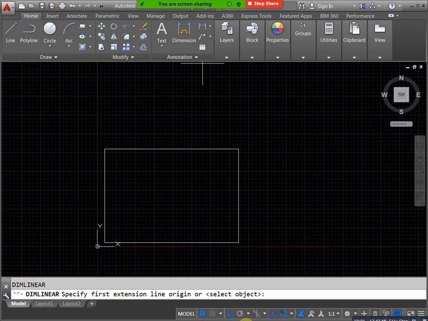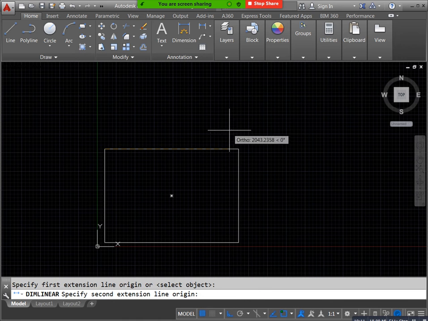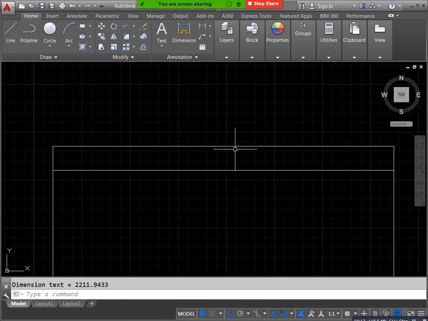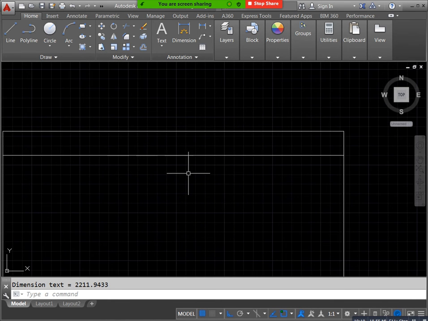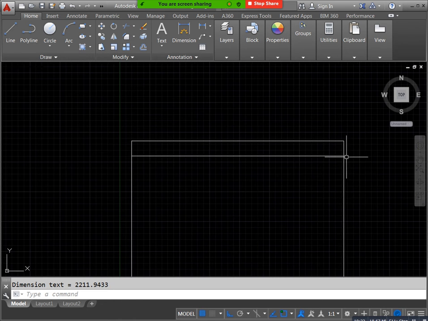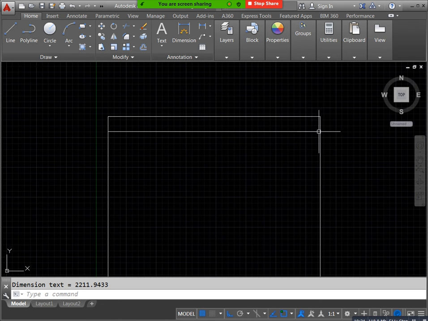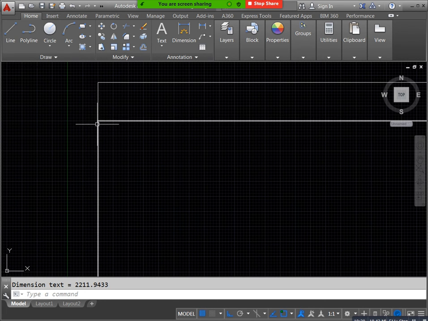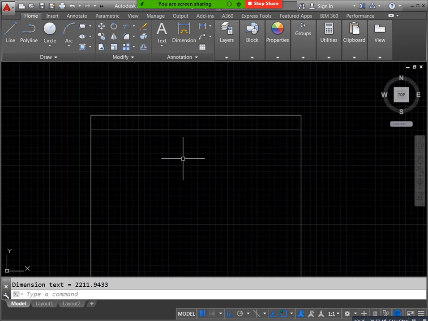Okay, but you can see our dimension is not visible, right? And this is also wrong. Just you can see our dimension line automatically touched our profile, na? As a drawing guideline this is wrong. Definitely we need some distance. Okay, how can we increase our text height? Suppose I need to see arrows also. How can we apply our arrow size? How can we apply our distance between this profile and this dimension? Okay, for that purpose you need to set your settings, dimension setting. Okay, for dimension setting you can enter D.